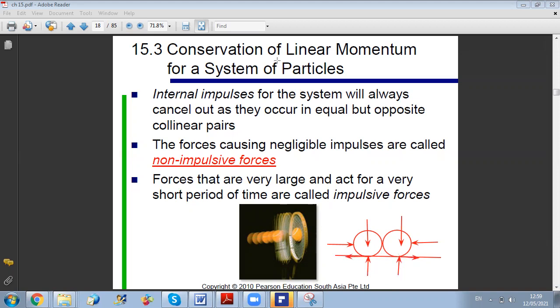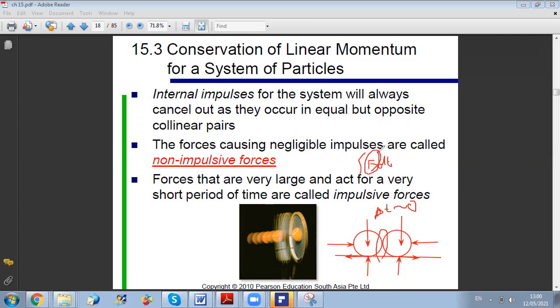Now, during collision, a very high force will be developed between the two, and by action-reaction, the two forces will be opposite. Because the time during collision, delta t, is very small and very nearly close to zero, and because you have a high impulse between the two balls, the impulse is the integral of F dt. So when dt is very small, in order to have an impulse, F should be very high.